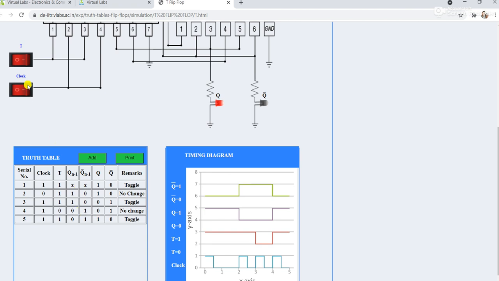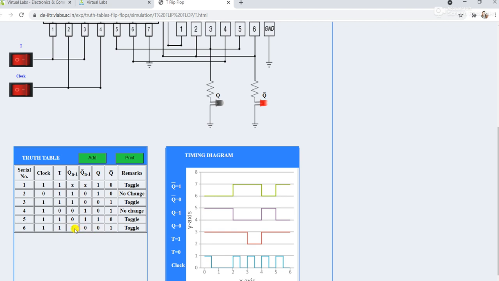Now one more thing. Now your previous state, meaning present state, is 1 0, so it will be the previous state for the next serial number. Suppose your T is still equal to 1, clock is high, then add. So clock is high, T is equal to 1, the state was 1 0, so the next state will be 0 1.